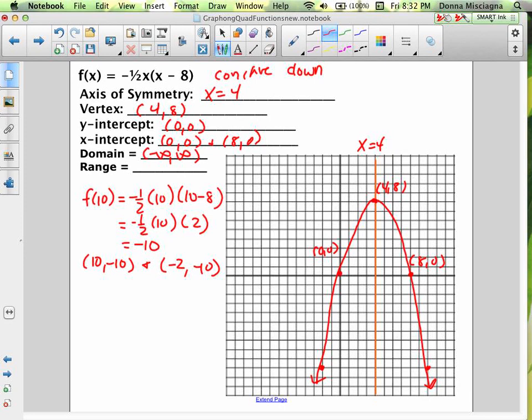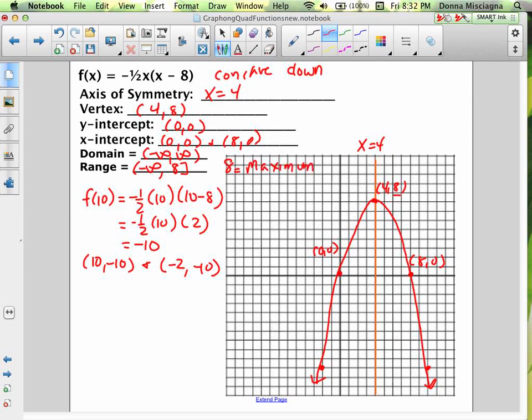Range: our parabola is pointing down. So it's going to keep heading forever and ever, and so it'll decrease without bounds, but it has a stopping point, a turning point, right? There's a point where my graph isn't going to get any higher, and our maximum value here is 8. So let's review maximum and minimum while we're here. All right, so 8 is the maximum